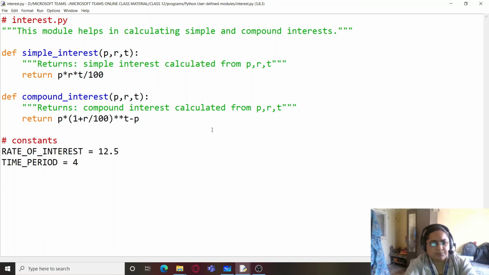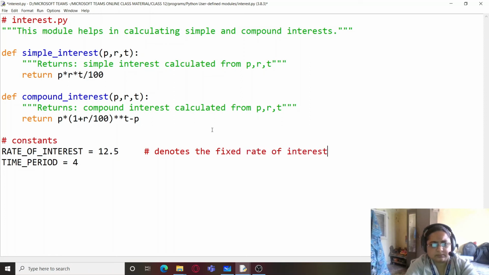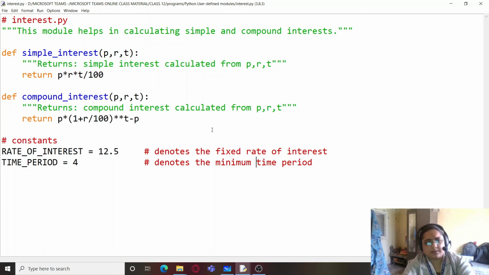So these are the two constants which I have taken, and I'll be describing them also. The minimum time period. So this is it.